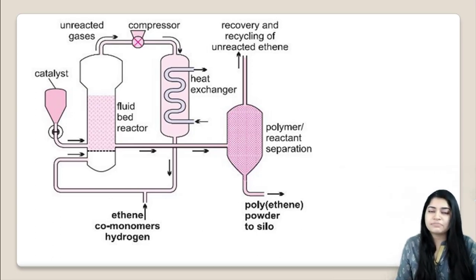In the fluidized bed reactor, what you are supplying? You are supplying your ethene monomer, along with that, you are using your catalyst. So in your fluidized bed reactor, under suitable pressure and temperature conditions, your polymerization reaction takes place. Then it is sent to the separator unit where your unreacted ethylene is recycled back to your fluidized bed reactor, and from the bottom you get your polythene. So this is your HDPE production.